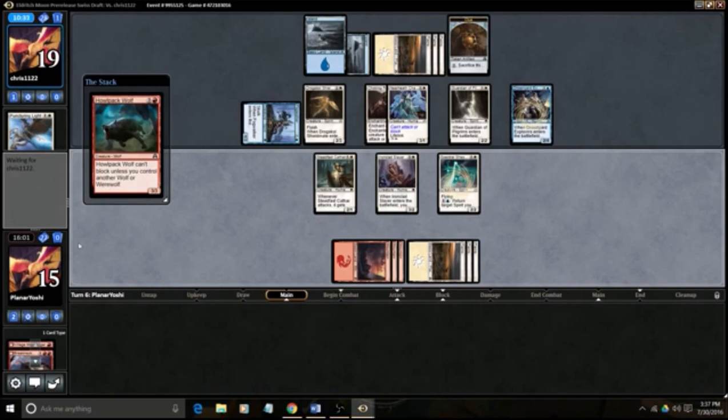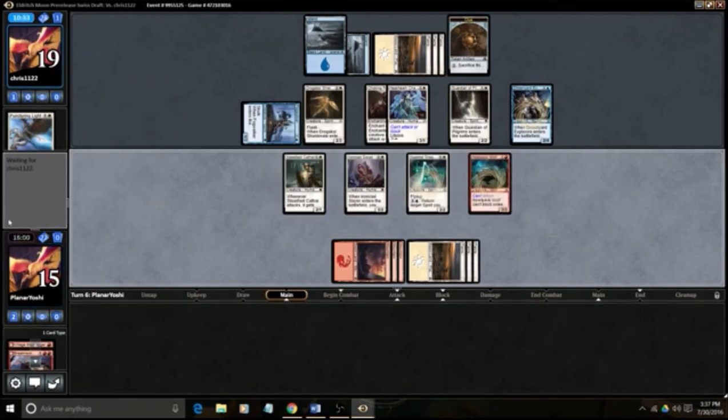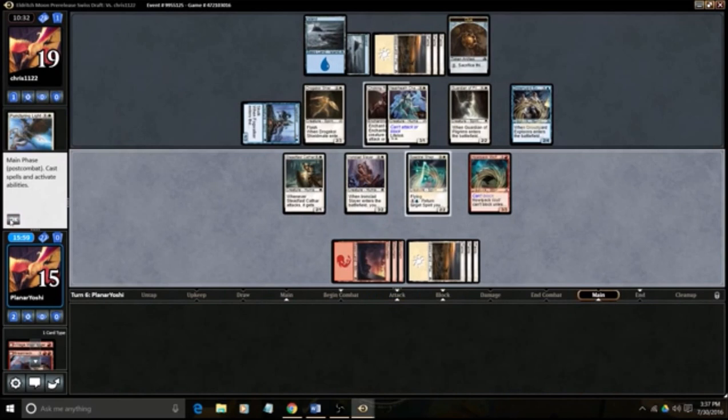I'm out of cards, though. Opponent has a card in hand and a clue and a draw step. So...